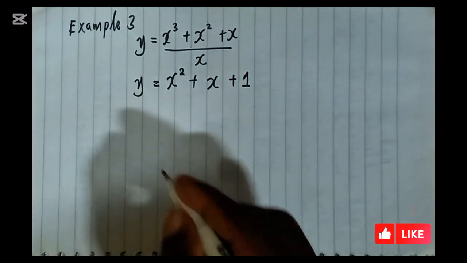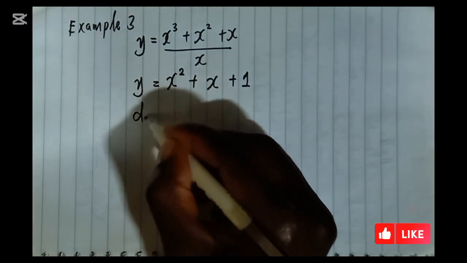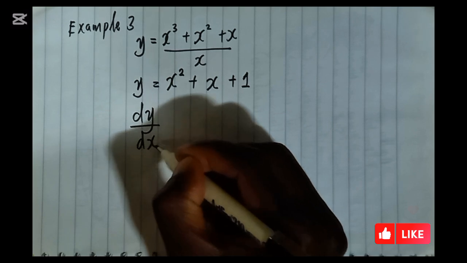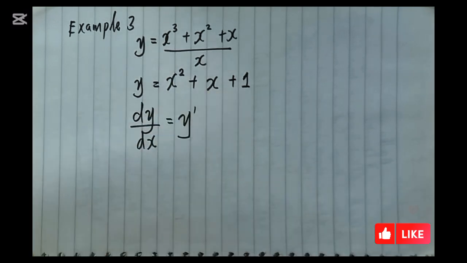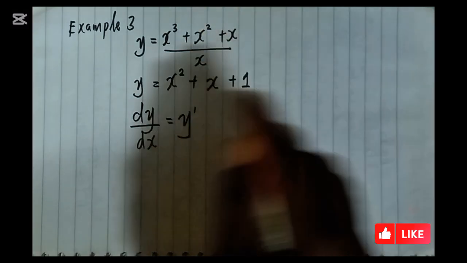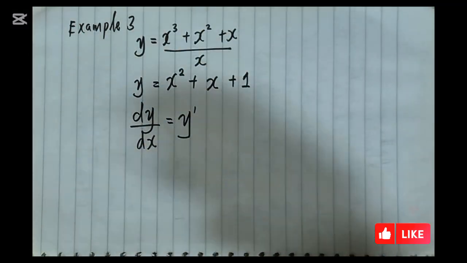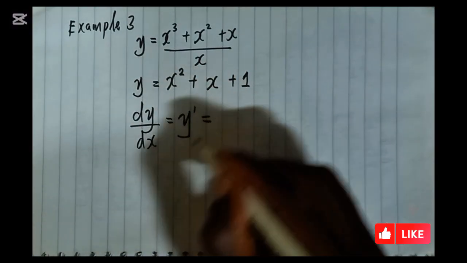Now that we have this in this particular format, it becomes easy to go ahead and solve the whole thing. We are going to find the derivative of y with respect to x, which I told you earlier could also be written as the first derivative of y. This is just a notation, so that when you meet it in any other book you're studying, it's not confusing. It is going to be equal to